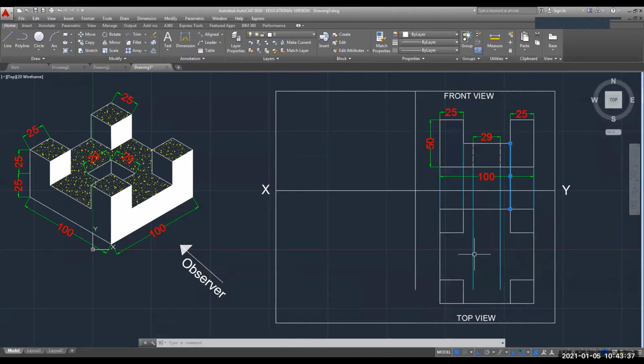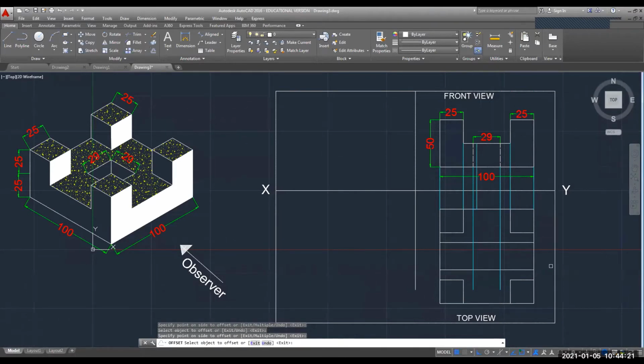Now, I have to draw one square at the center of dimension 29 cross 29. So once again, you can use that offset command. This projection is there. You need to offset this line at a distance of 35.5. So let's use that offset command. 35.5 by default, that value is there. You can see here in the command line. So press enter, select the line, specify the point on the side to offset, this side, and select this object and this side.